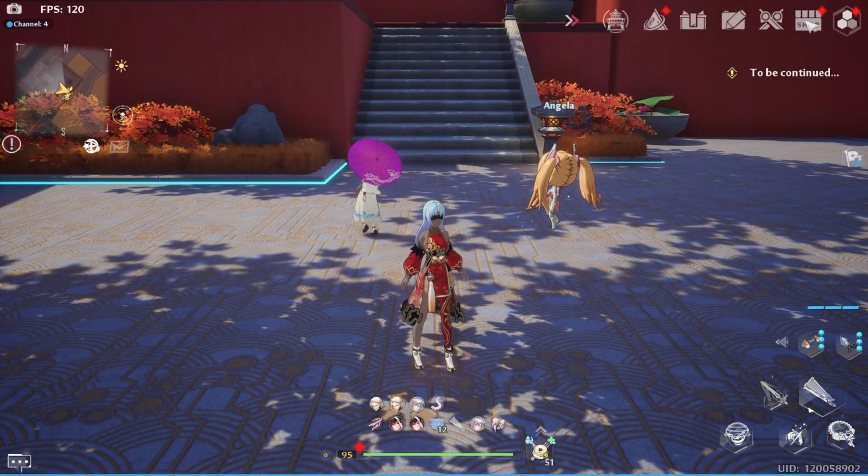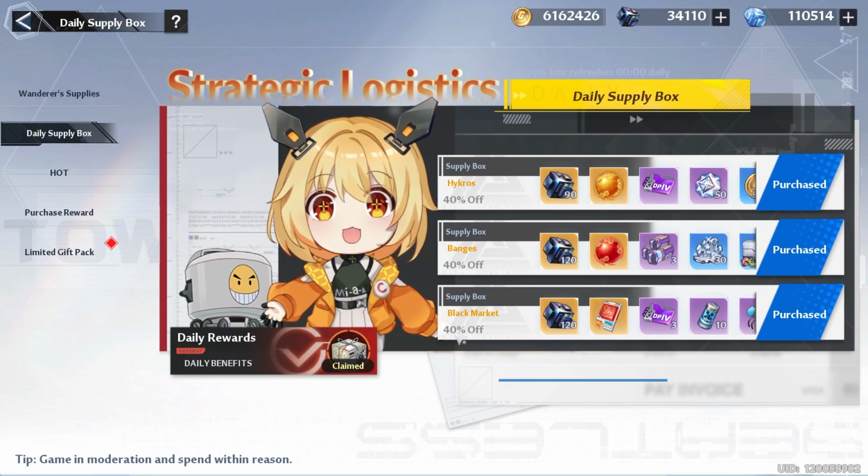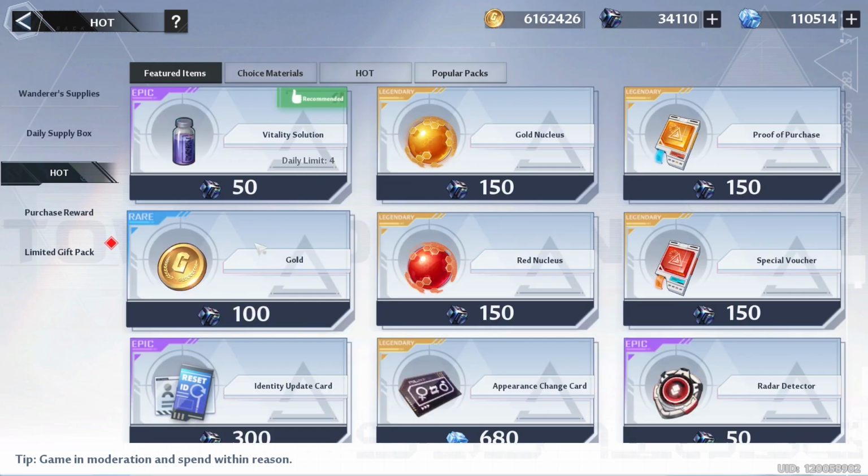Then we got our daily buys. You want to go to shop and you want to make sure that you have your monthly pass active. For my Dolphins, you want to make sure that you have your 7-day pass active,